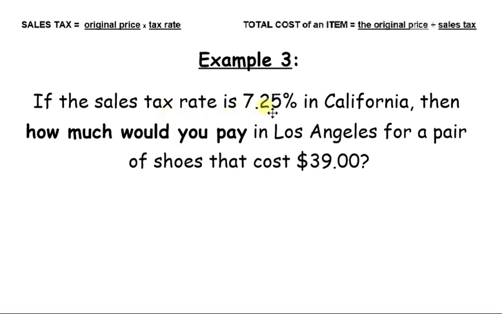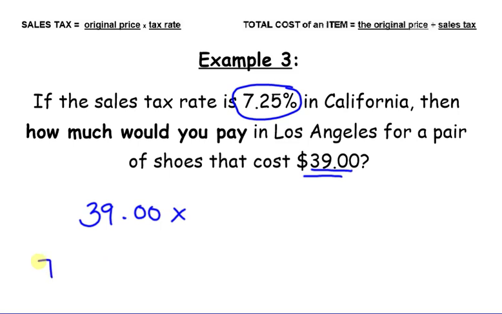All right, let's move on to example number 3. If the sales tax rate is 7.25% in California, then how much would you pay in Los Angeles for a pair of shoes that cost $39? Okay, so now it's talking about sales tax in a specific location, but you don't necessarily need to keep that location in mind as long as it's telling you the sales tax rate. So what's your original cost? $39, so 39.00. Times, what's your tax rate? Well,